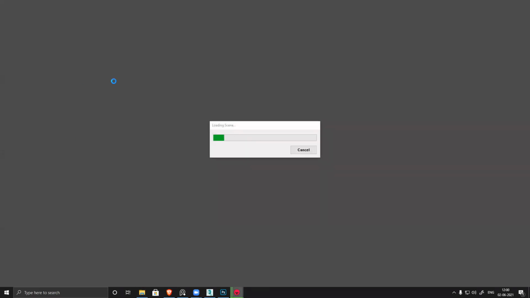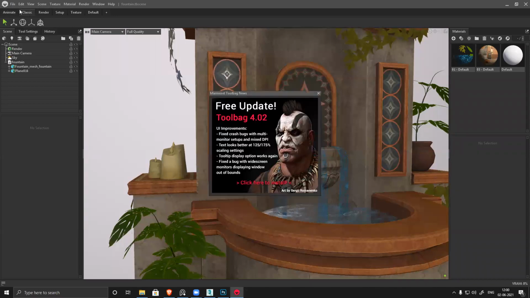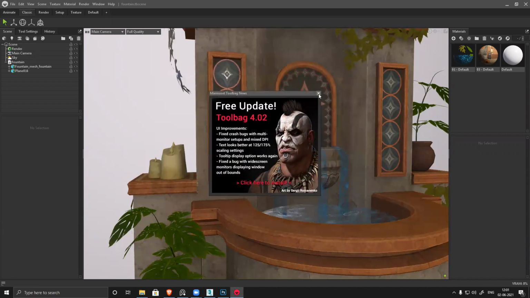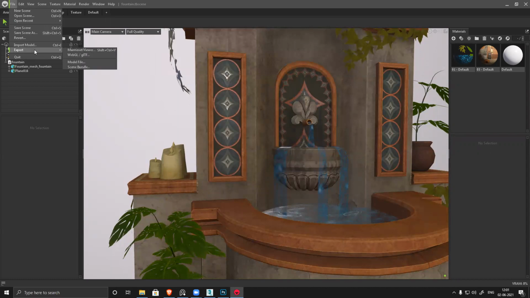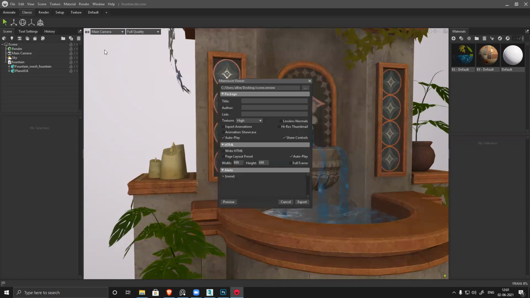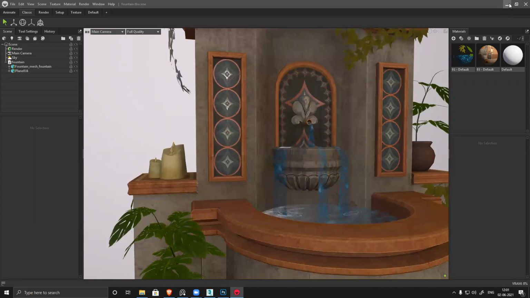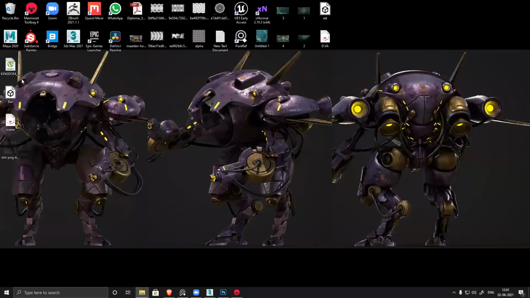Save scene as Marmoset Toolbag. Where is it? Export to Marmoset Viewer. This option is there. So everything is high quality, lossless, and everything. High-res thumbnail and desktop. Or we can keep this thing open and do it. That also works perfectly.